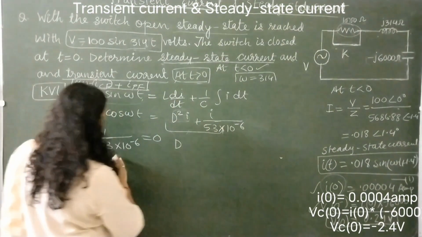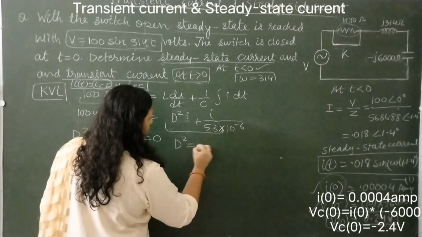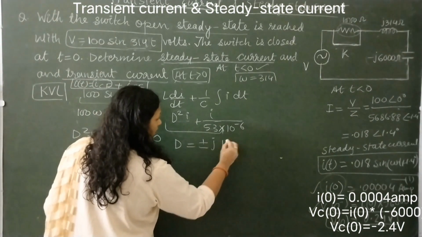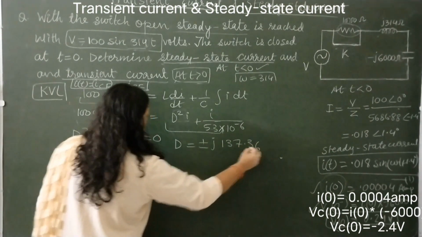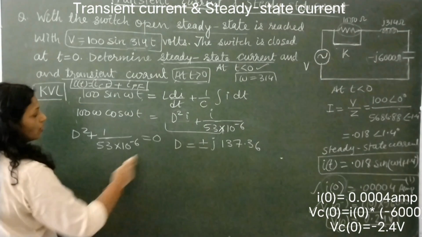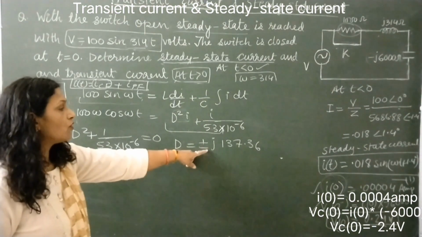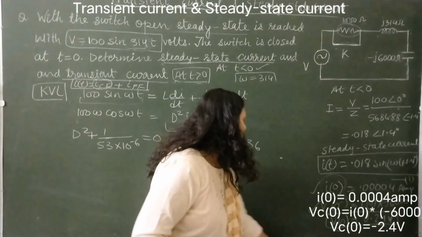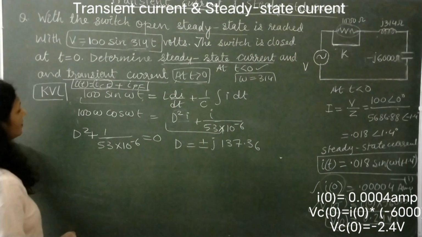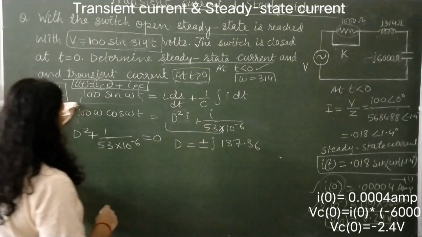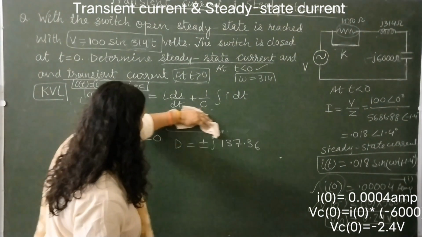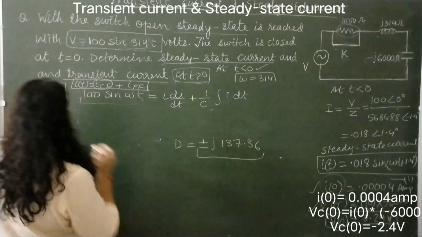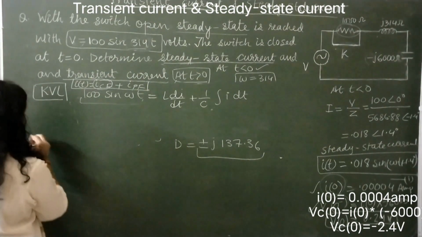तो D की वैल्यू क्या आ जाएगी, D स्क्वायर इज इक्वल्स टू, D इज इक्वल्स टू प्लस माइनस J 137.36. क्योंकि देखिए यहाँ पे ये माइनस हो जाएगा और माइनस का जब हम रूट लेंगे तो वो कॉम्प्लेक्स नंबर दे देगा. तो हमारा जो CF है वो क्या हो जाएगा, बिकॉज ऑफ दिस कॉम्प्लेक्स फैक्टर्स, ICF जो है वो हो जाएगा हमारा